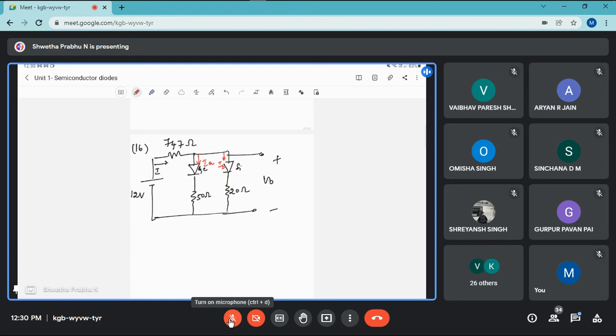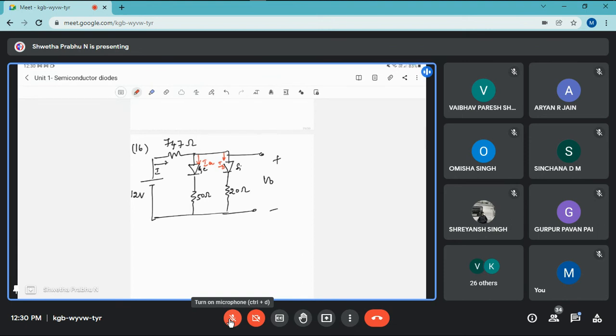There you had only two diodes. Along with the diodes, you didn't have anything, that is 50 ohm and 20 ohm resistance. Along with that, you didn't have the 747 ohm resistance, which is the current limiting resistance. Due to high surge current, it may damage the entire circuit. That is the reason there is one more resistance, that is 747 ohm. So that case will not come into picture.